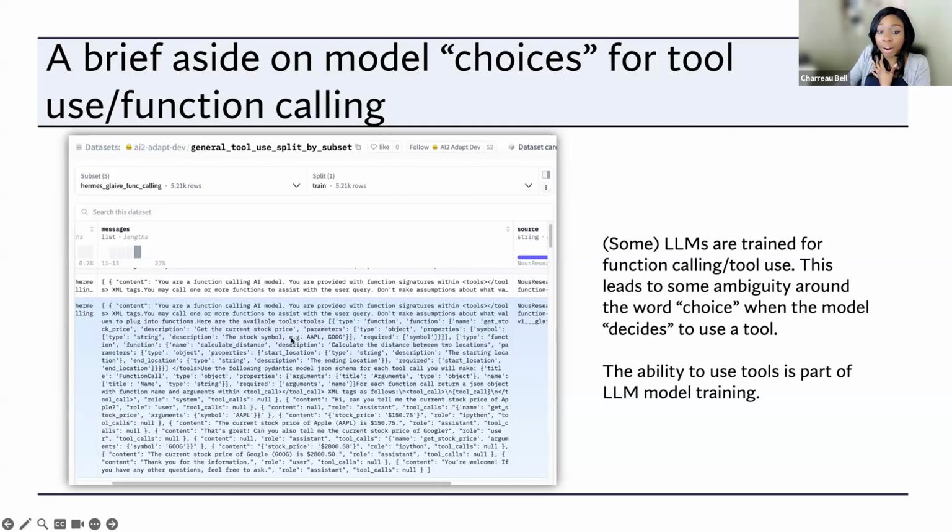So this is how our models are understanding that they go through training to understand how they should call tools, why they should call tools, what tool calls look like, and what they should do. So this is something that's trained into the model. The word choice requires understanding when you're thinking about agency with LLMs. But we're just going to say choice because it is a distinction from something that would not even be able to have this ability, right?